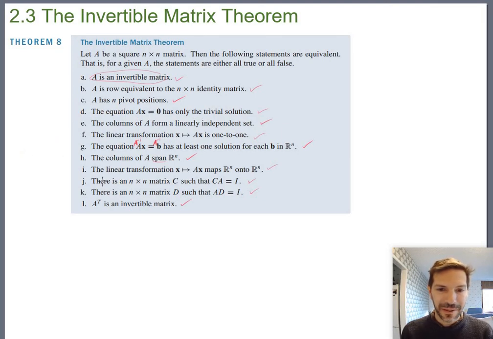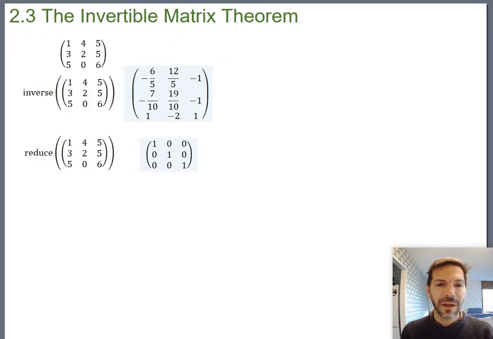which means we have a whole bunch of equivalent statements here. The columns, let's see, where's the columns? Linearly independent, that's E. So that means that it should have pivot positions in every row. It means it's invertible. It means when you row reduce it, it's equivalent to the identity. It means all these other things. So first of all, just a calculator check. Is it invertible? Yep, sure is. Get some fractions as it happens. When you reduce it, does it reduce to the identity matrix? Yeah, sure does. And all this means that if this was an A matrix